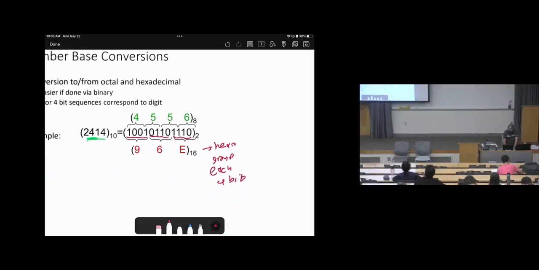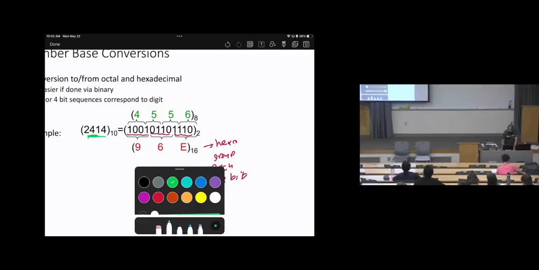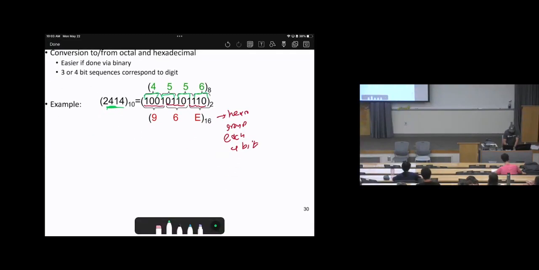How about converting this to octal? It will be group each 3. This 3 together, this 3 together, this 3 together, this 3 together. 100 equivalent to 4, 101 equivalent to 5, 110 equivalent to 6. So we will realize that